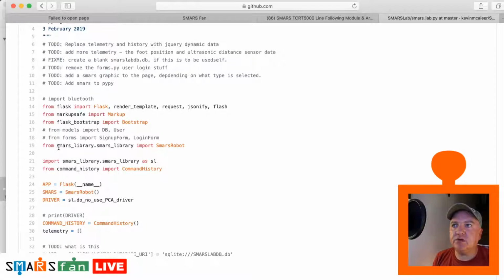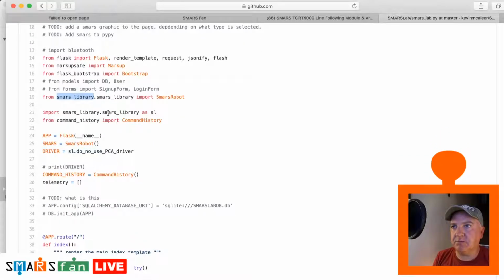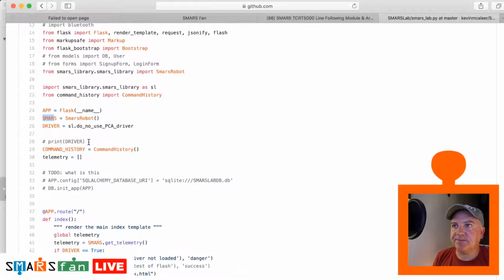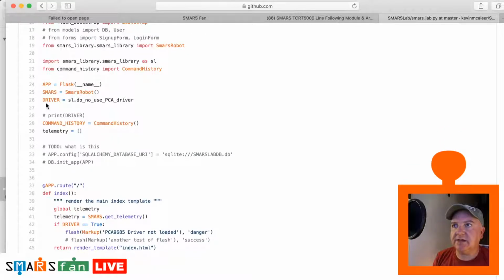And there is a module that's called SMARS Library, and that's one I've written and I published to pip to make it more reusable. So I've created an entire library of SMARS robot stuff. So I've created a robot there called SMARS, created an app on the Flask, and this driver thing is to